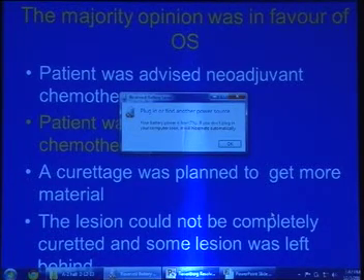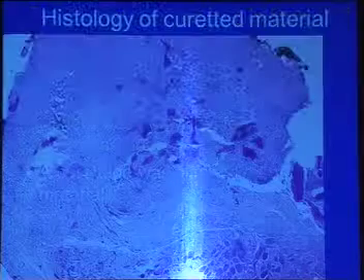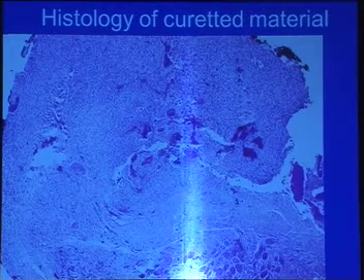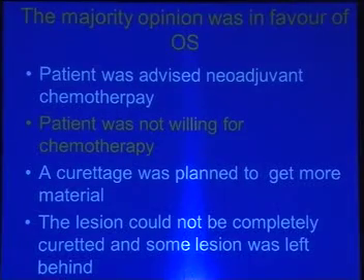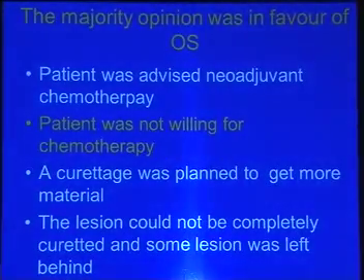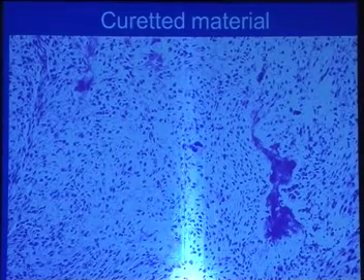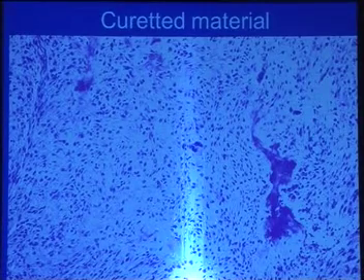The patient was not willing, and a curettage was planned to get more material, and in view of the location, the lesion could not be completely curetted, but this was how the curetted material looked like. There was a lot of cellular tissue, rather pleomorphic. Yeah, and there was some amount of bone, and some giant cells and what looked like osteoid,